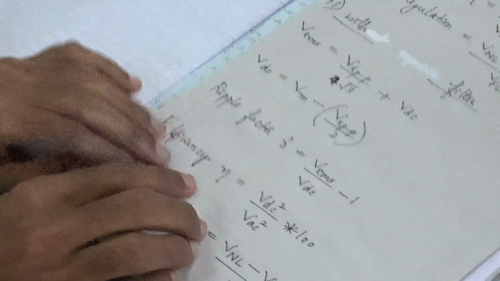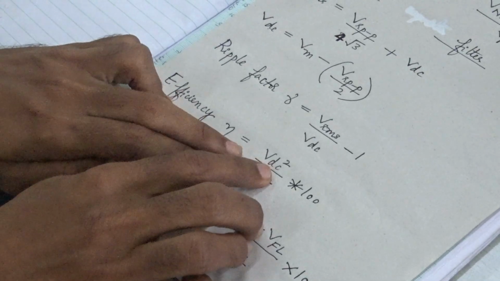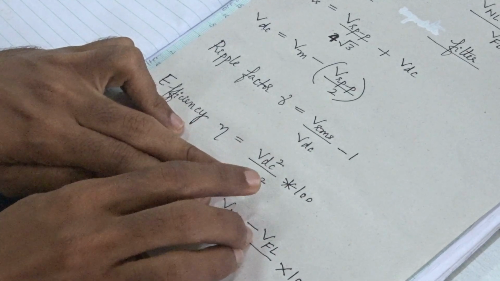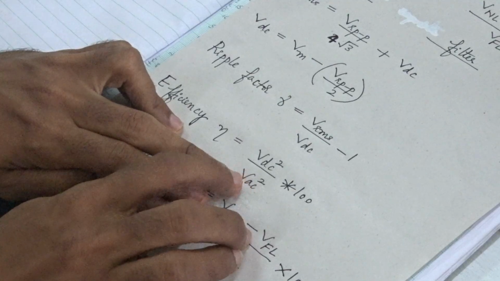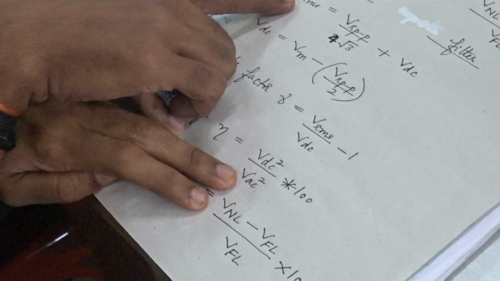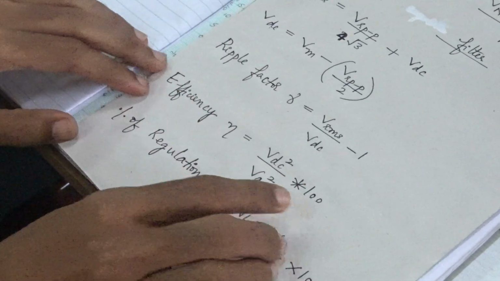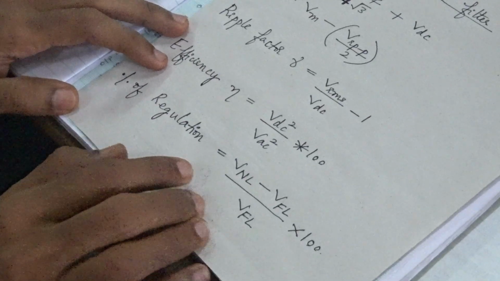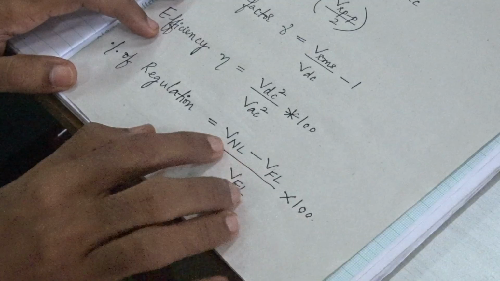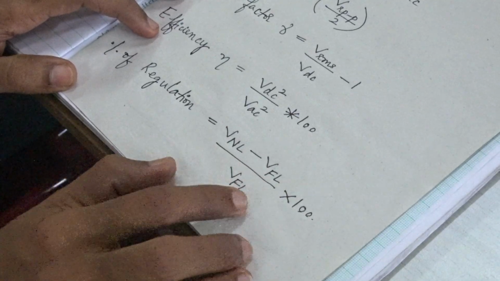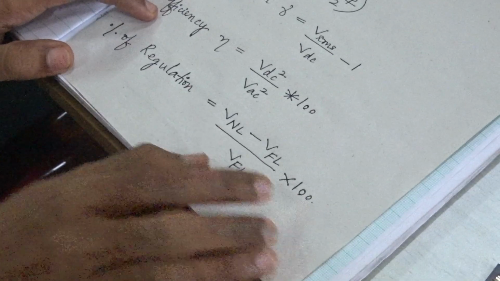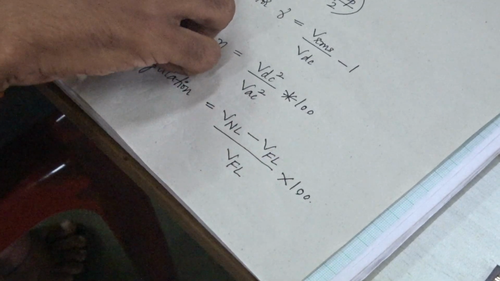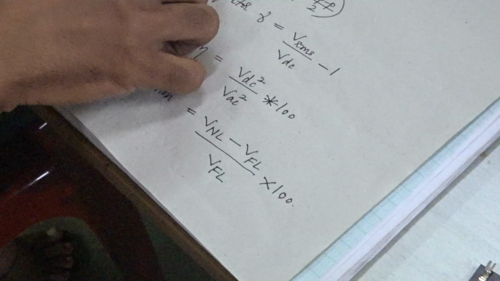and find out the efficiency value. Eta is equal to V suffix DC square divided by V suffix AC square, multiplied by 100, where the V suffix AC value is nothing but the VRMS value. And then find out the percentage of regulation, which is no load voltage minus full load voltage divided by full load voltage multiplied by 100. So the full load voltage value is nothing but the output voltage value, that is V suffix DC value,